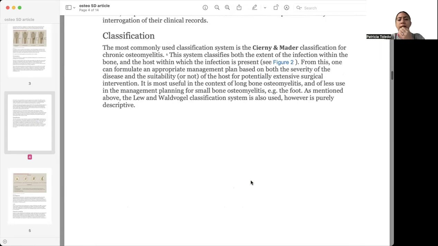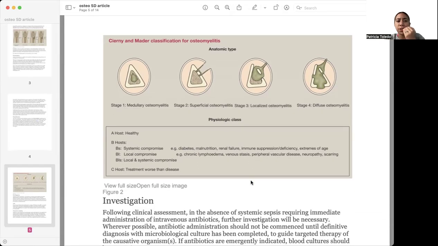I also wanted to highlight this next picture here, which is a classification system for osteomyelitis by Cierny and Mader. So stage 1 is medullary osteomyelitis. Stage 2, superficial, 3 localized, and 4 diffuse. So it's really important in the anatomy of it because